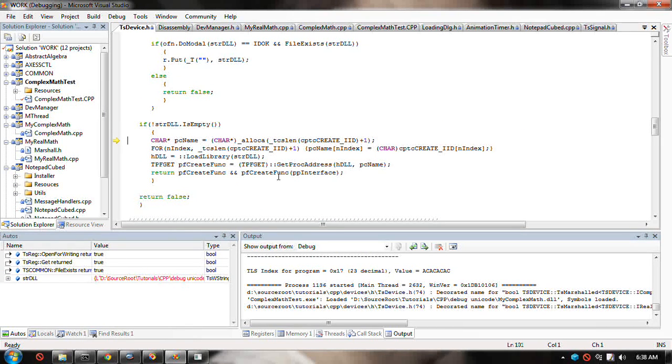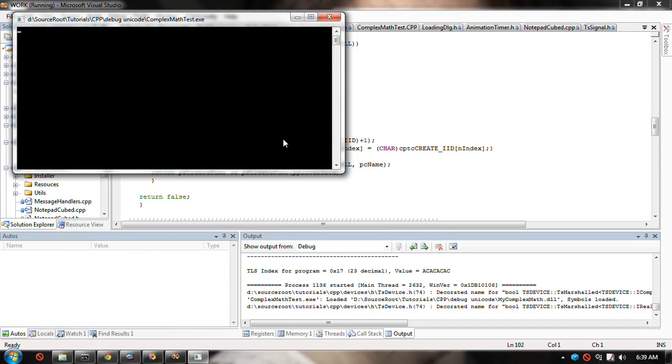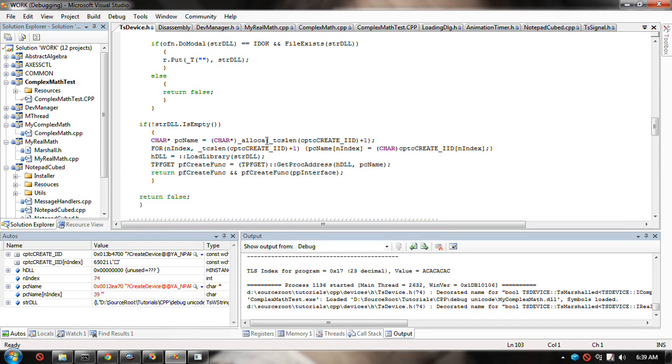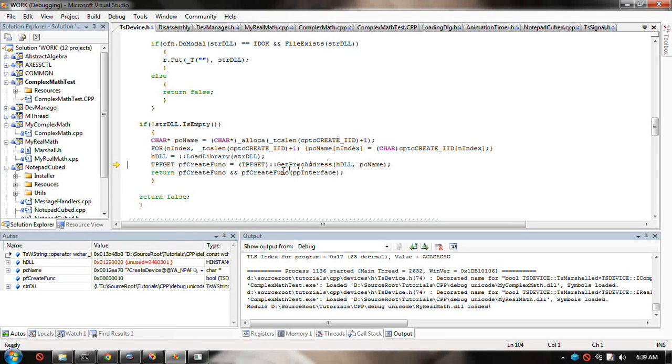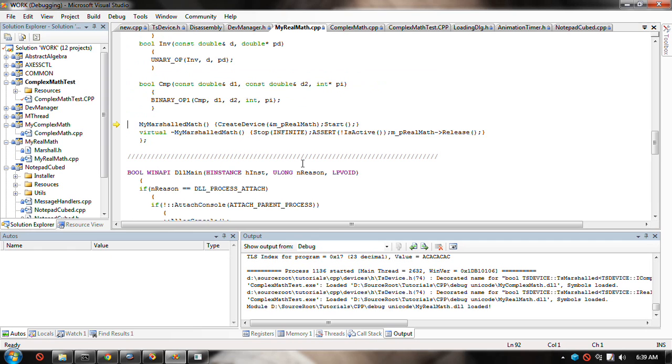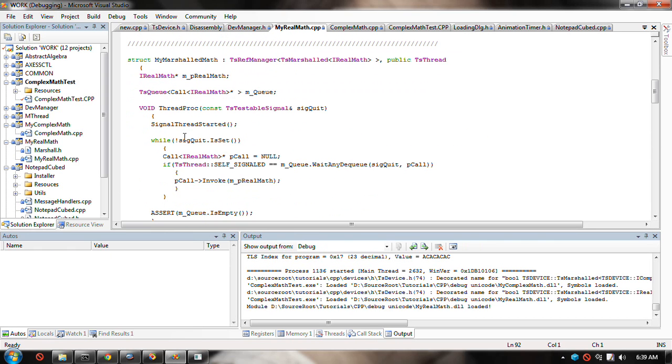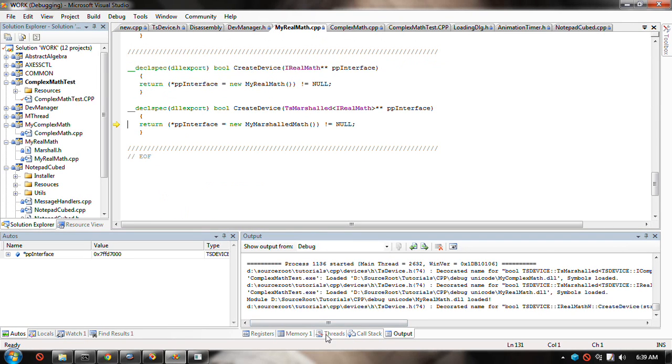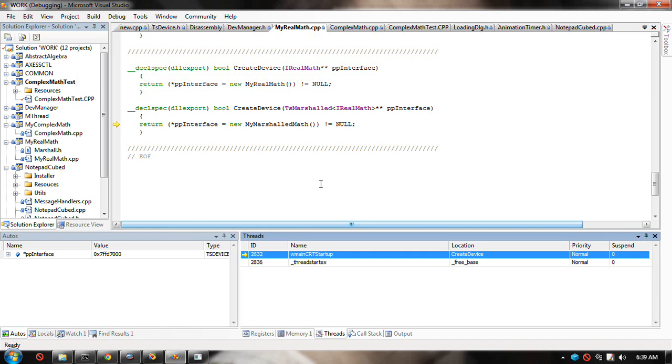Happens to be in the registry. I don't know what that was. Oh, because I'm starting it. No, I don't know why that took a while. Calling the create function. My marshaled math, which is this thing that has the thread procedure. So that starts up a second thread. Now we got two threads going,